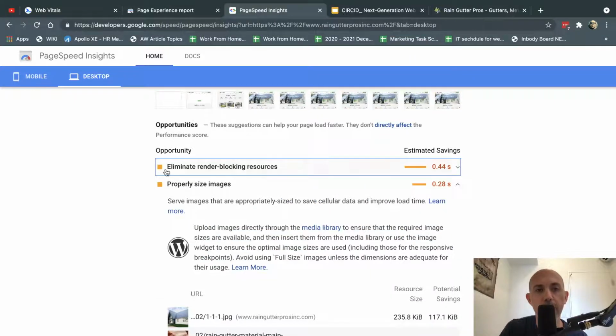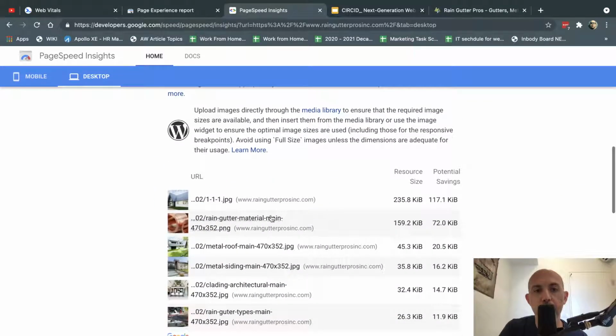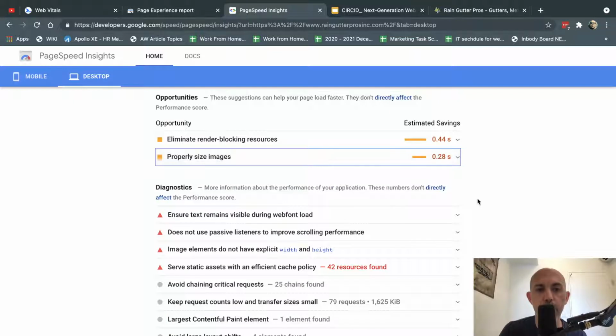So what you're going to do, you're going to go to opportunities and look at this information and tell your developer, oh, we need to specify properly sized images. So maybe I uploaded images that are too large for what they're actually displaying on the web page. And that means it just takes more time to download these bigger files, which we don't even need. So I basically go talk to my web developer, figure out the best sizes, resize them, or have the web developer resize them automatically, which is also doable.